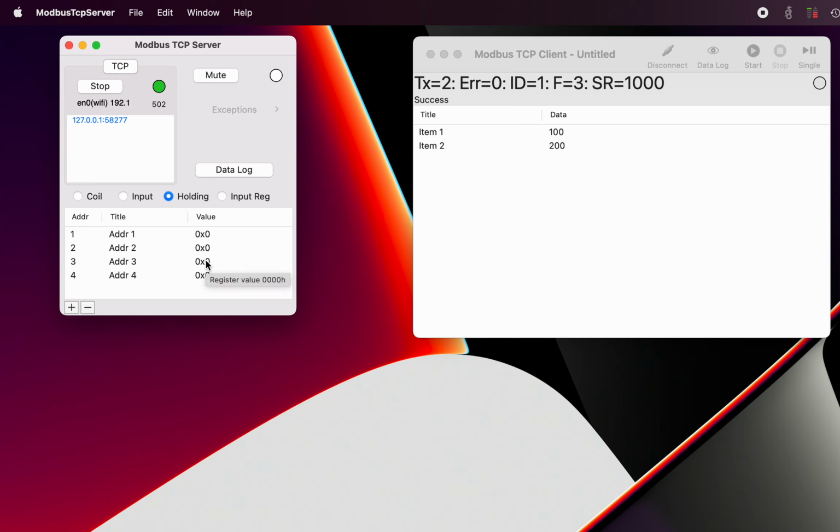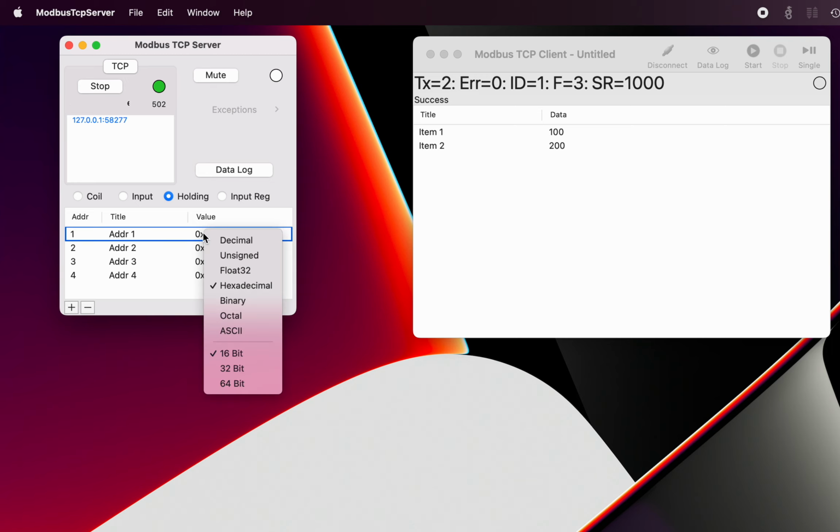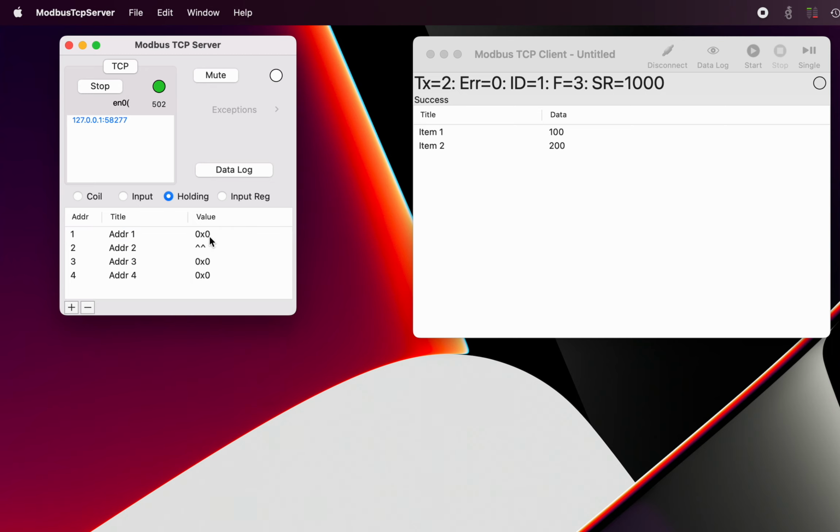We've also got the option of combining registers. Sometimes values are greater than 16 bits, and if you need to simulate a value that's greater than 16 bits, we've got the ability to make this a 32-bit value. So now that value is 32 bits, which means it takes into account this register, the address 1, plus the register following it, which is 2. Together they make up the